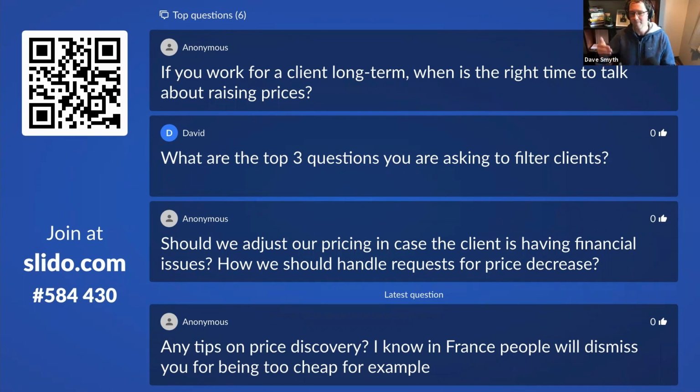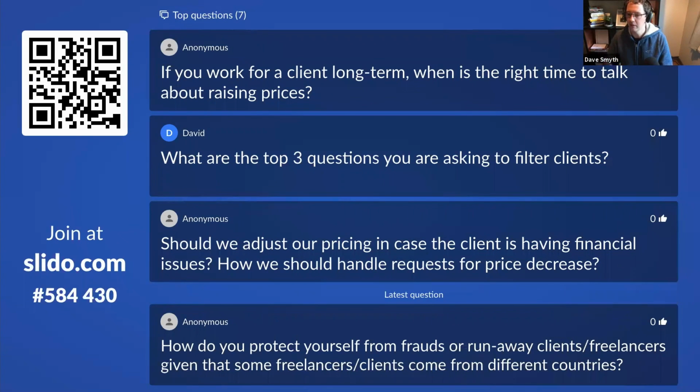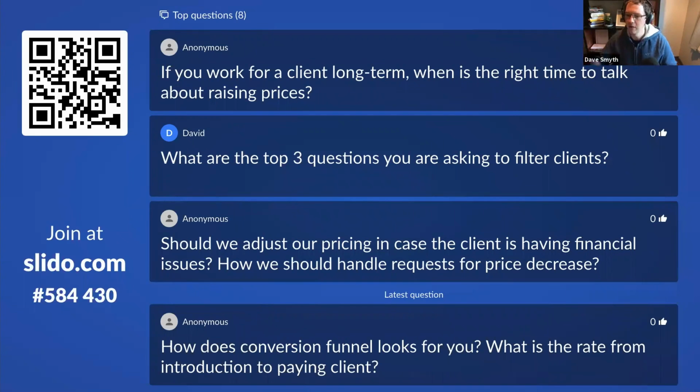So you might say, in 2 months, or 3 months, my rates are going up to X. That's a way for them to get used to the idea, not feel like they've been forced into accepting it. The chances are that if you've got a good relationship and they value your work, they're going to keep you. And, you know, especially if you're not 10xing your rate or something like that. So if the price increase is reasonable and understandable,